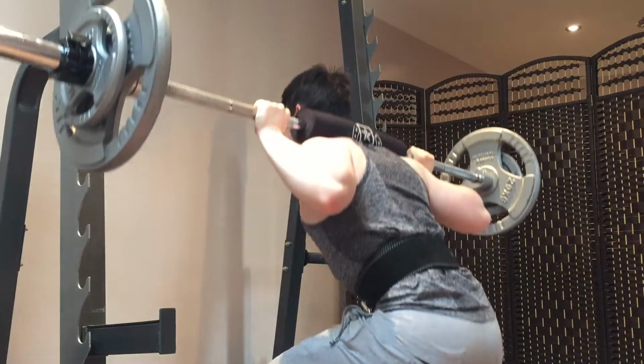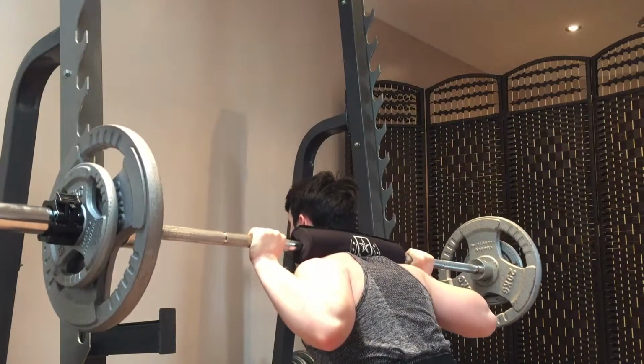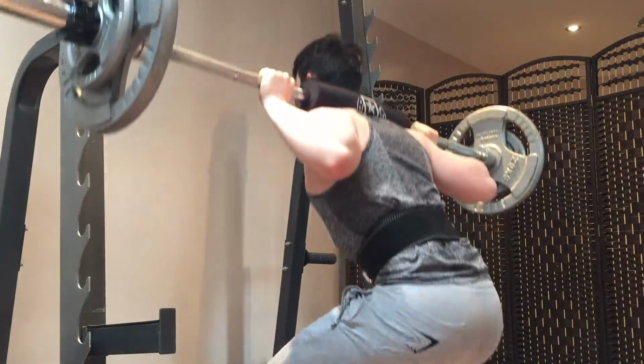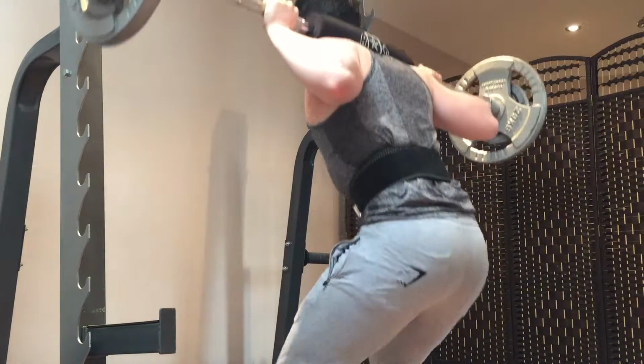I want to get as strong on those as I can, because it's a movement that I've actually come to enjoy a little bit. So yeah, I'm definitely going to bring that into my workouts and continue to do it on my pull days. So with regards to squats, there's 70 kg on this bar,